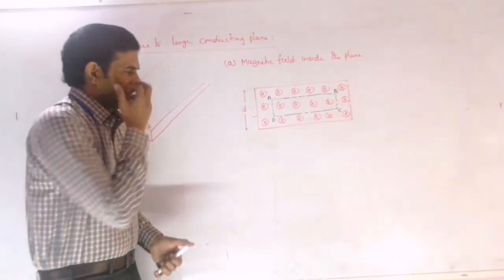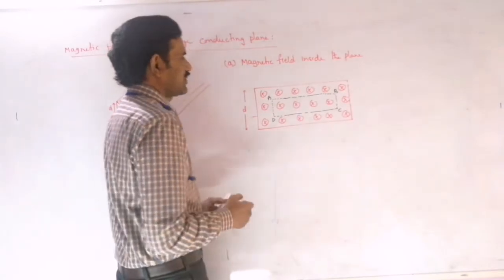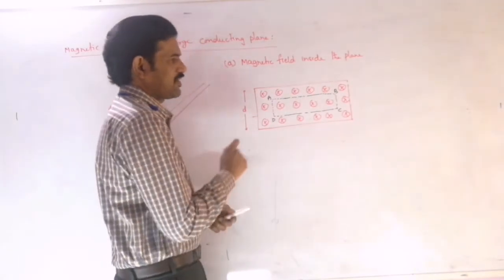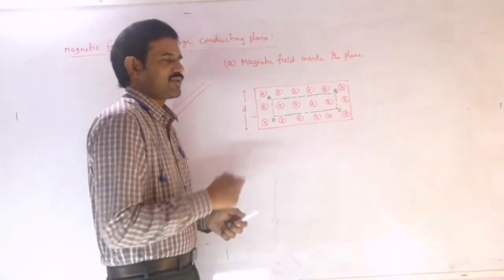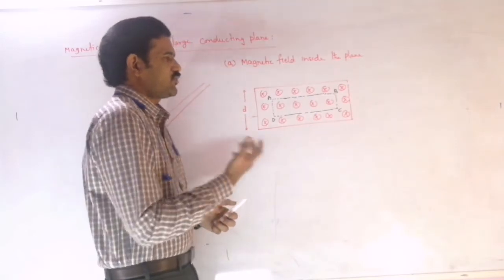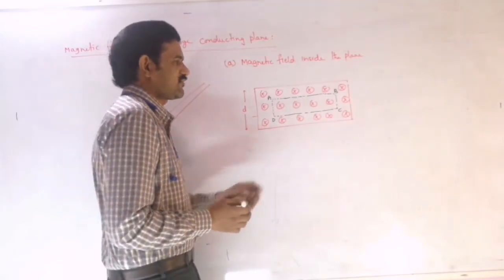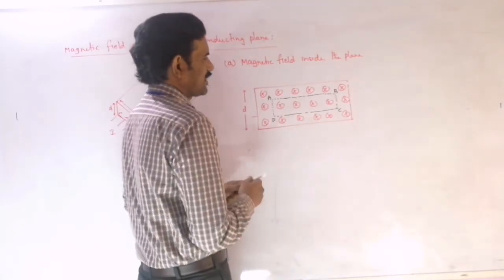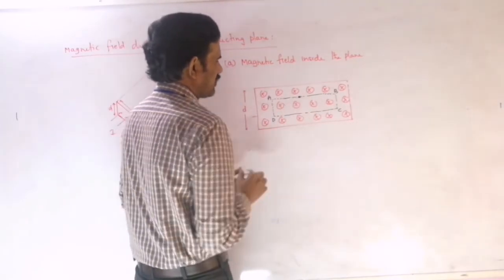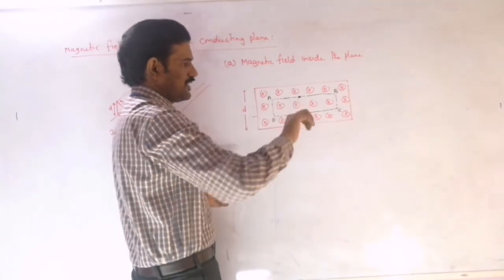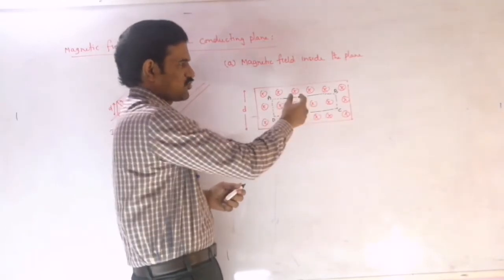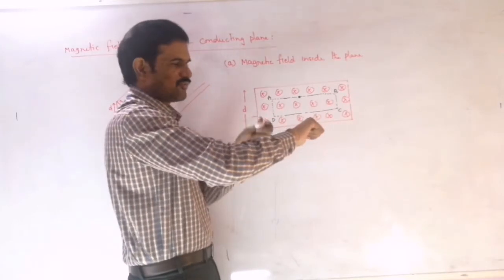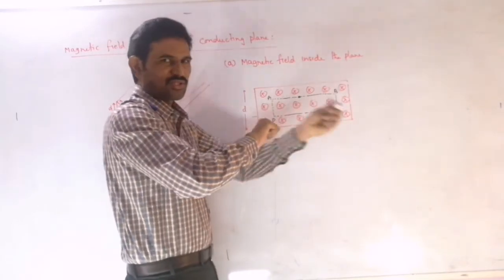And so now based on this, we need to calculate B bar dot dl bar for this ampere loop, right? And you may decide the direction of the magnetic field for these points. For the side AB, at any point the magnetic field will be along this direction. As the current is flowing along this direction, you may take a small element here. The magnetic field due to this will be along this direction, right?